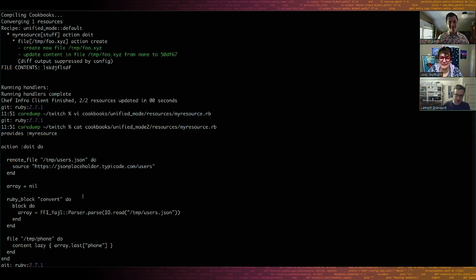Unified mode's actually in Chef 15 as well. It's been around for about 8 months or so. We just snuck it under the cover. It was sort of soft launched in Chef 15 because I had no idea if it was going to be a sane thing to do or not. It's proven now. I've solved problems at customer sites with it.